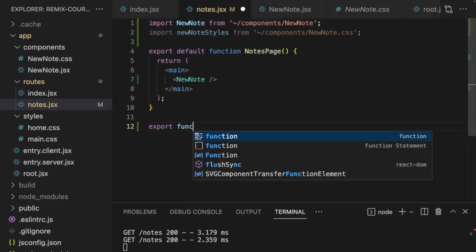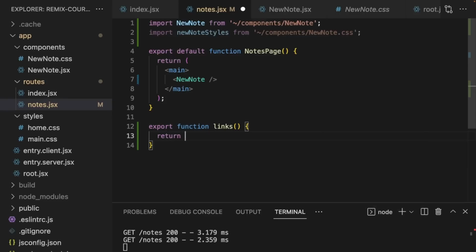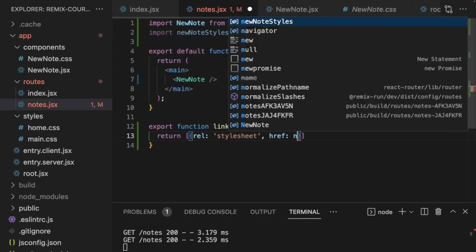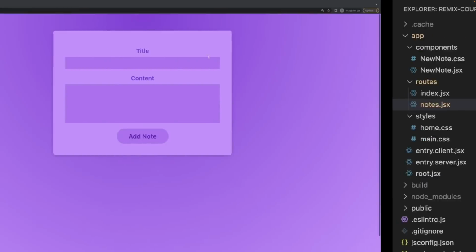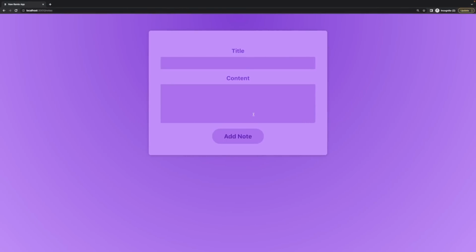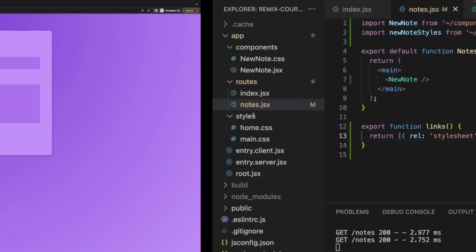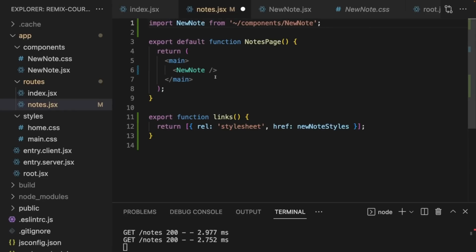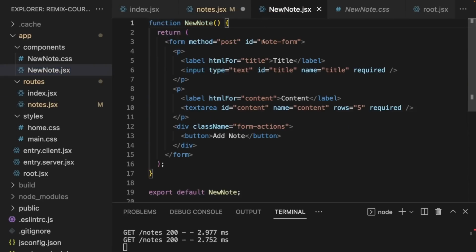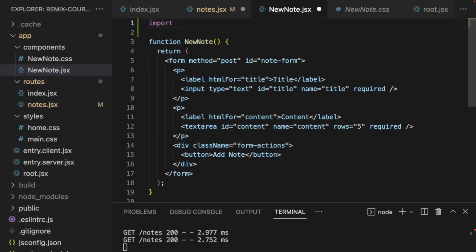Now with that imported, we can of course export this links function as we did before, return that array, and make our style sheet available here like this. That's what we did before. And if we do that, we got the styling applied. So that works, and that is a perfectly fine way of doing it. Now there is an alternative approach though, so that you don't have to add this extra CSS import here in your route component file. We could go to the new node.jsx file, and we could import this styles file from here. Now, of course, we still import the new node.css file in the end, but it might make more sense